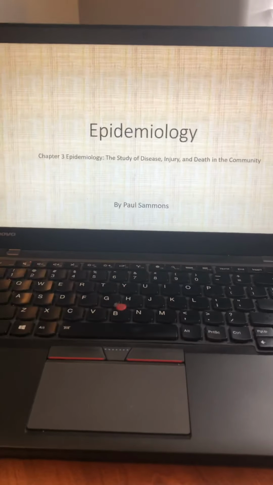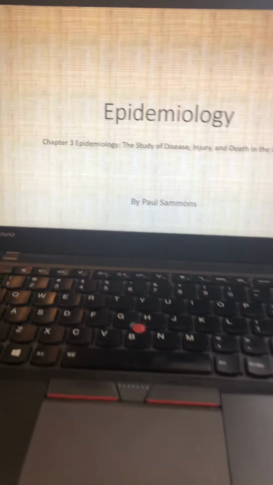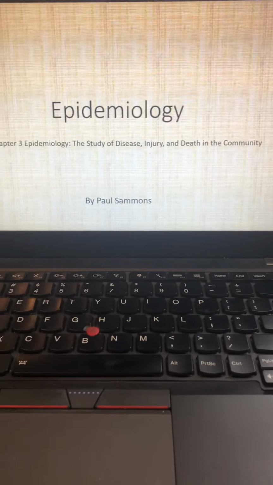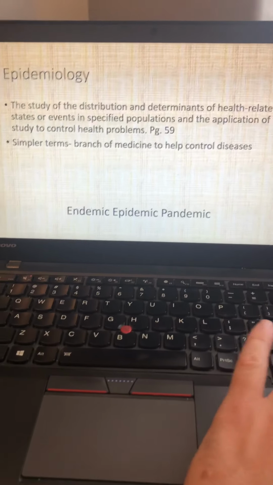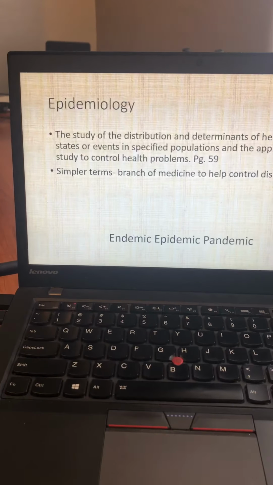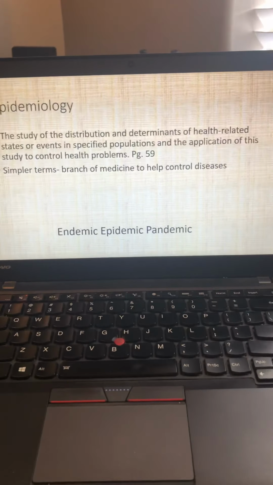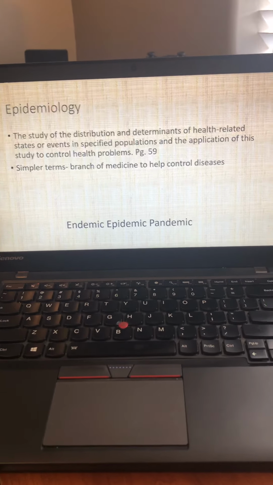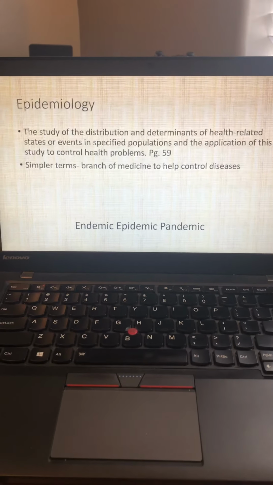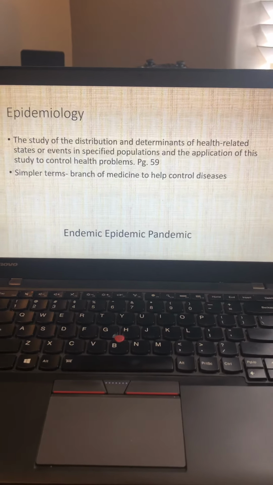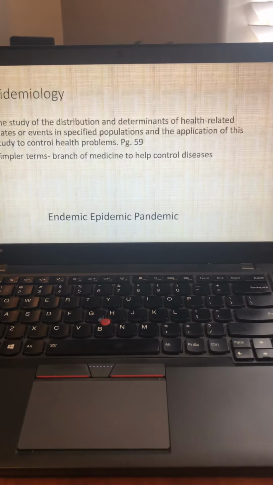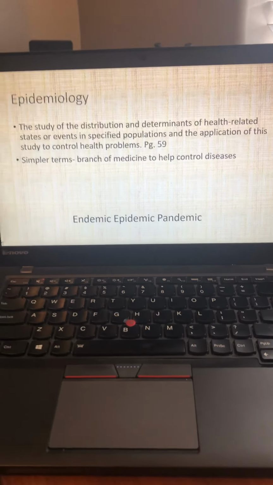Start of my presentation on epidemiology from Chapter 3, The Study of Disease, Injury, and Death in the Community by Paul Sammons. So the book's definition of epidemiology is the study of the distribution and determinants of health-related states or events in a specified population and the application of this study to control health problems, and that's found on page